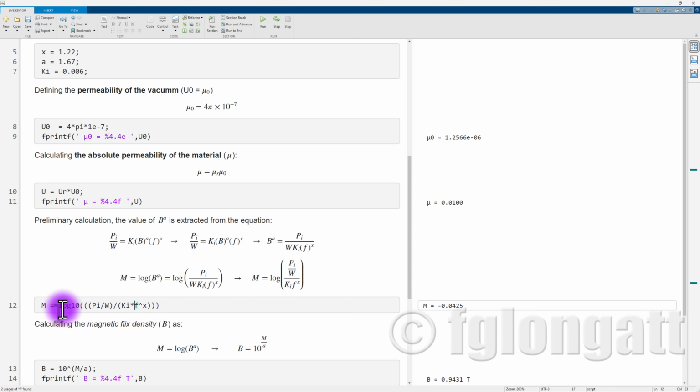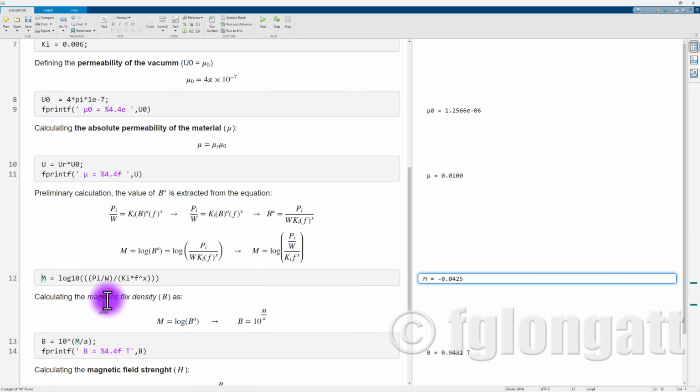When you put the numbers together, you can do that at home: 2,250, the weight 2,800. You can see over here the coefficient Ki, the frequency 60 Hz and the exponent 1.22. So by calculating this number, we obtain that the value of M is minus